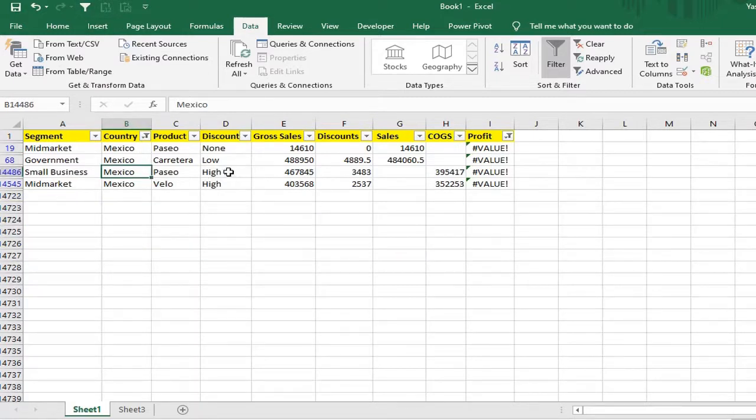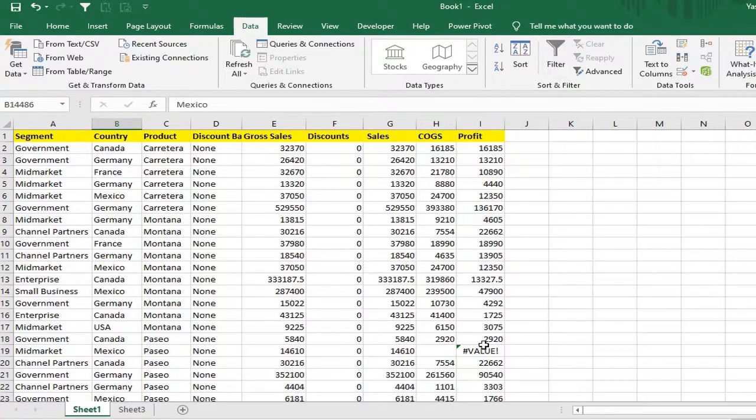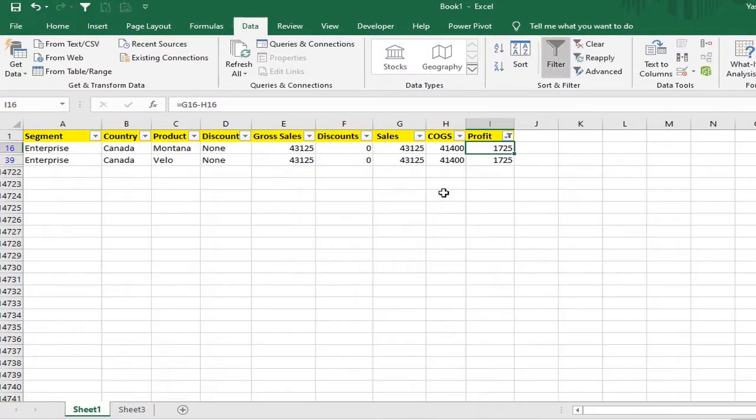Sometimes we find that some people don't like to use the mouse. They want keyboard shortcuts. So for using keyboard shortcuts, there is an option. I'll remove the filter again. Suppose I come to any value, on this particular value you just have to press Alt. As soon as you press the Alt button, you will see the numbers 1, 2, 3, 4 here. Our autofilter number is 4. You just have to press number 4. It will automatically put the filter for that particular value.